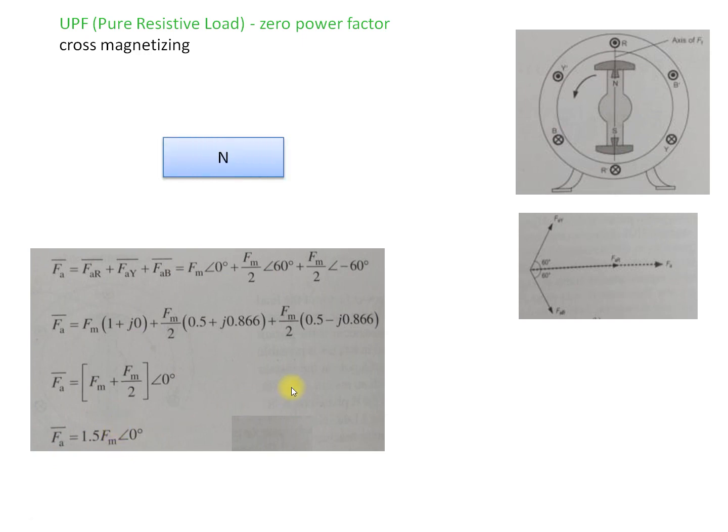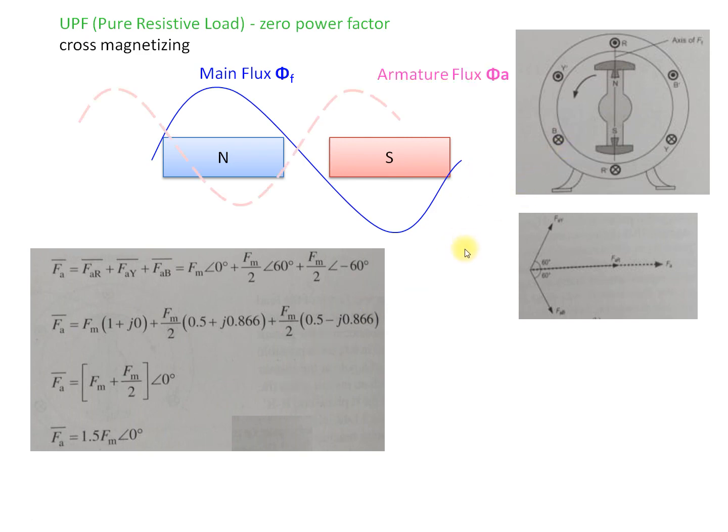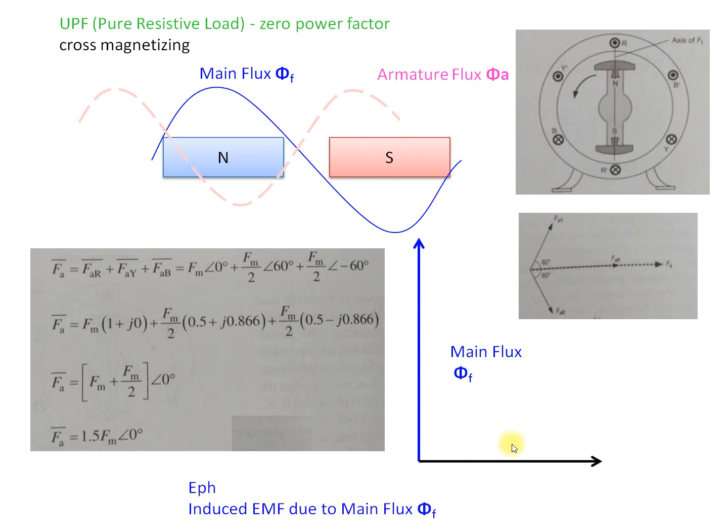So from this we can quantify the value of the MMF of the armature, which will be working along this particular direction, because it is on this particular FA direction and it is working on the 0 degree axis. So this is going to be our 0 degree axis, so the armature MMF will be working along this particular 0 degree axis, and the main flux will be on this particular main flux, that is the field rotor. So the main flux will be acting along this particular rotor from south pole to the north pole.